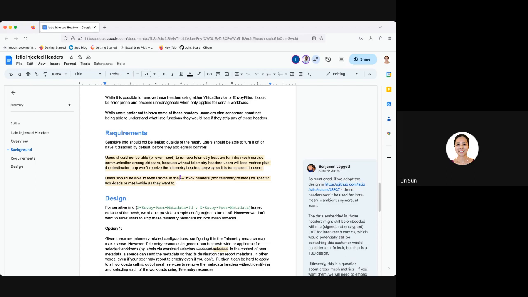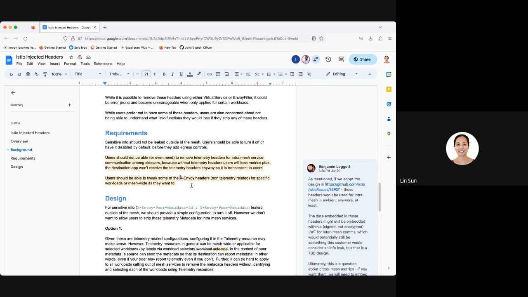So there shouldn't be any reason a user needs to remove these headers for intra-service mesh communications. Plus, if they do remove them, they would lose metrics. So we want to make sure we don't provide a way to have them remove these headers for intra-service